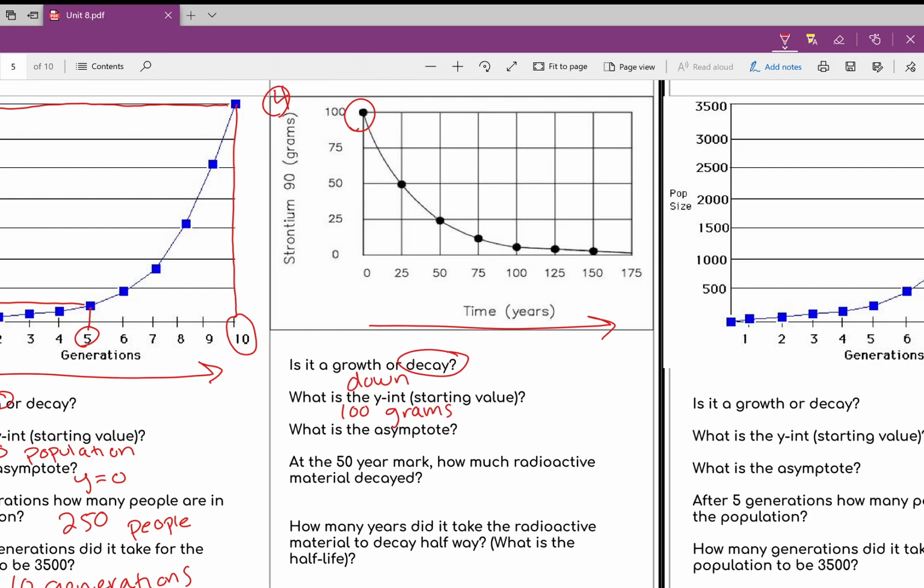Okay. And then it says, what is the asymptote? Remember, the asymptote is always y equals 0. Okay. And then it says, at the 50-year mark, how much radioactive material decayed? So at the 50-year mark, which is right here, we see that about there is now